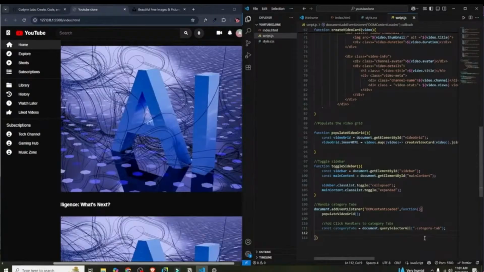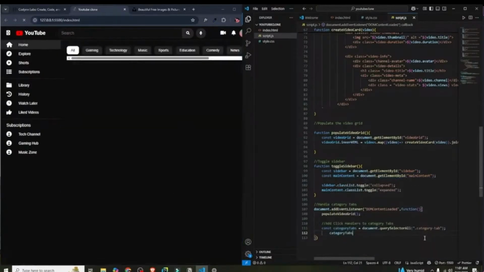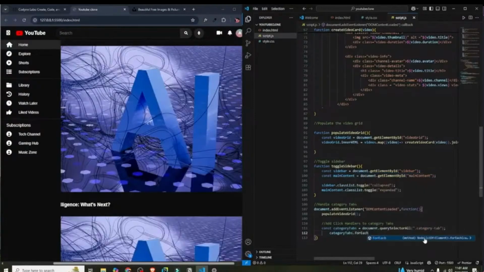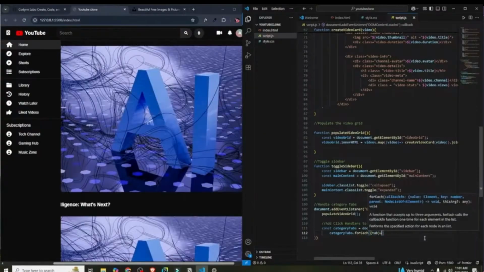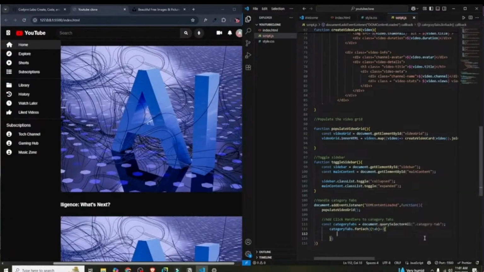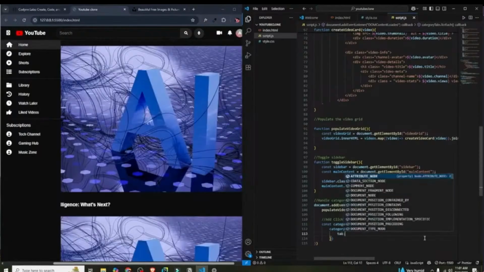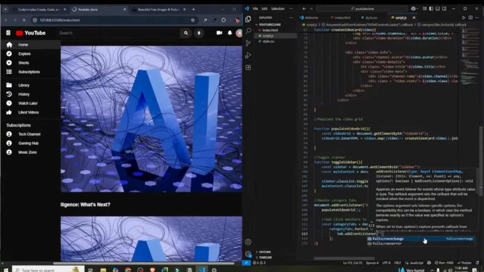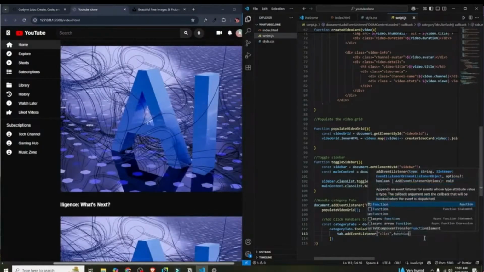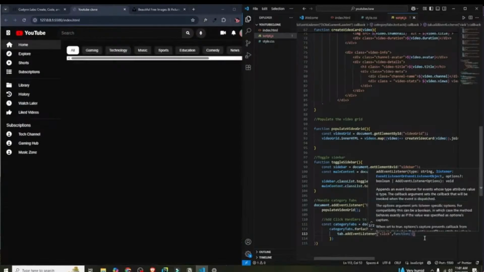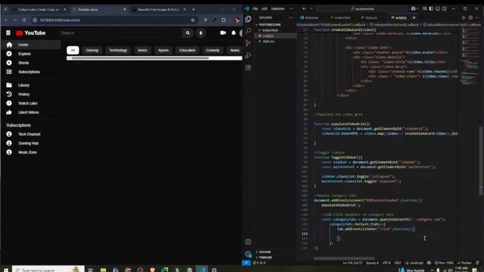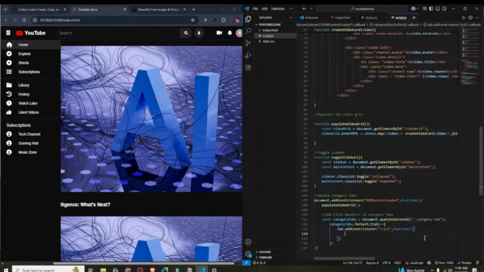we'll use categoryTabs with a forEach loop. So for each category tab, and inside it will be tab, we will execute an arrow function which will add an event listener to each. So addEventListener, in which on click it will execute a function. This will be an anonymous function, and what that function will do is